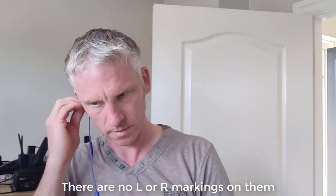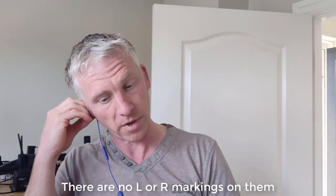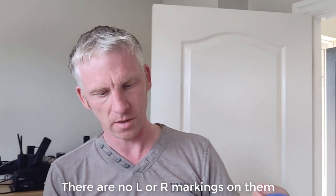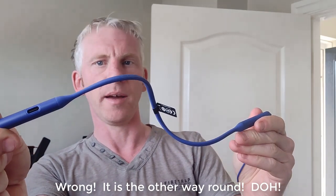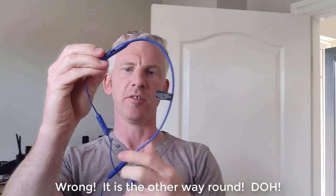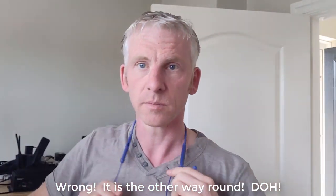So let's just check which side is which. That looks like, yeah, that'll be the right side. So the side with the charging port on it, I believe is going to be the right hand side. So flip those round,